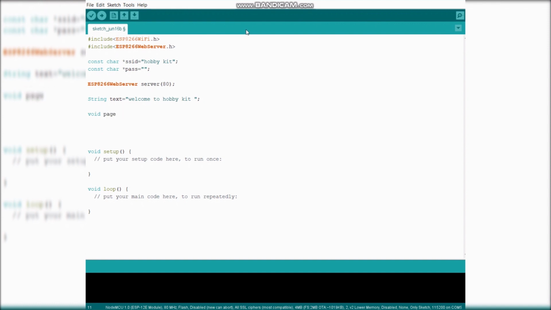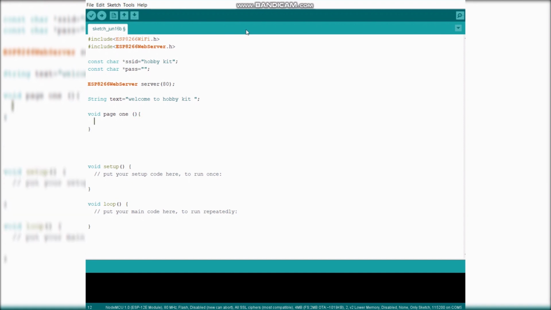That is, in my page 1, I mean the first page in our web server, I will be giving some indications, that is server.send, and the type I want to send the text is plain text.